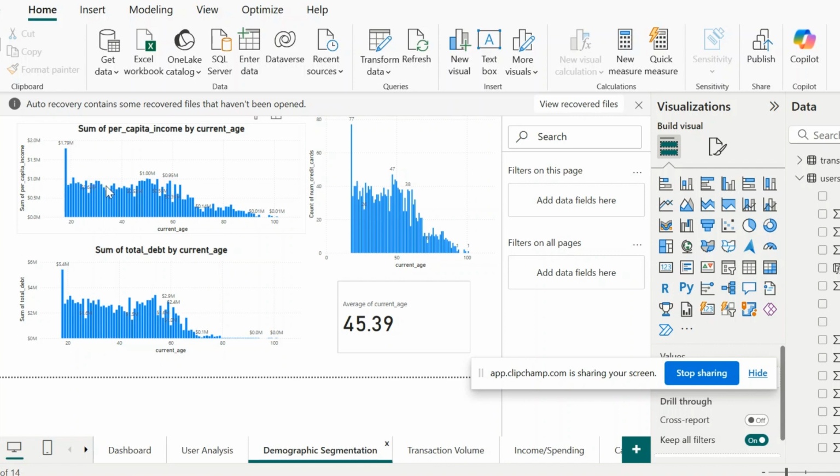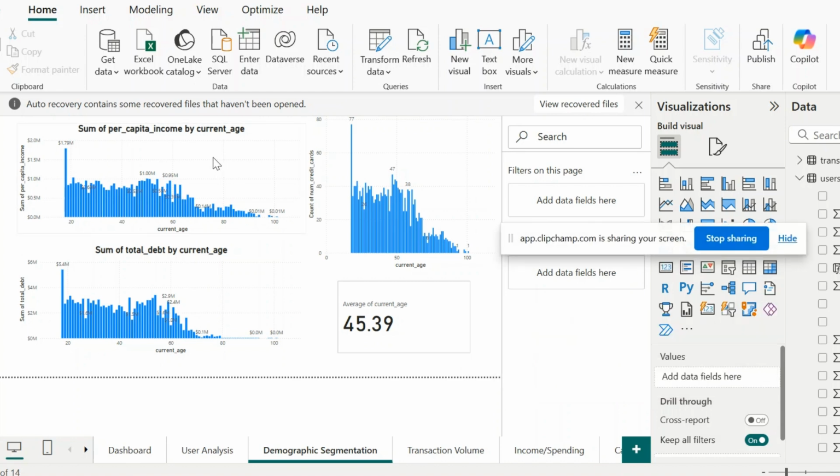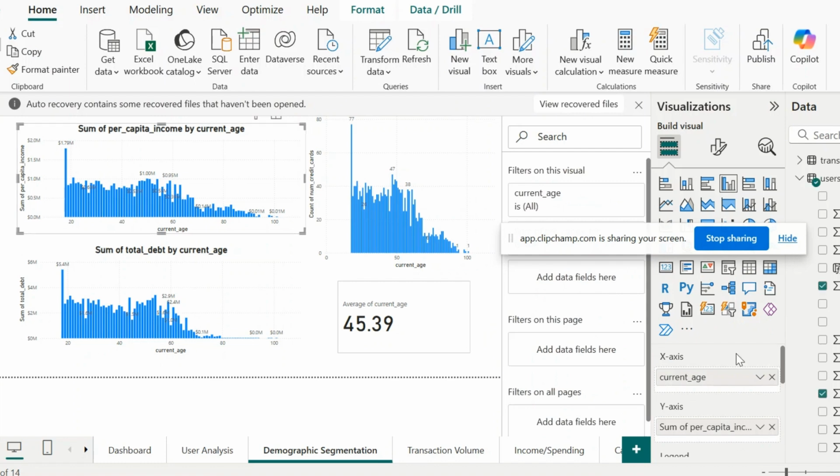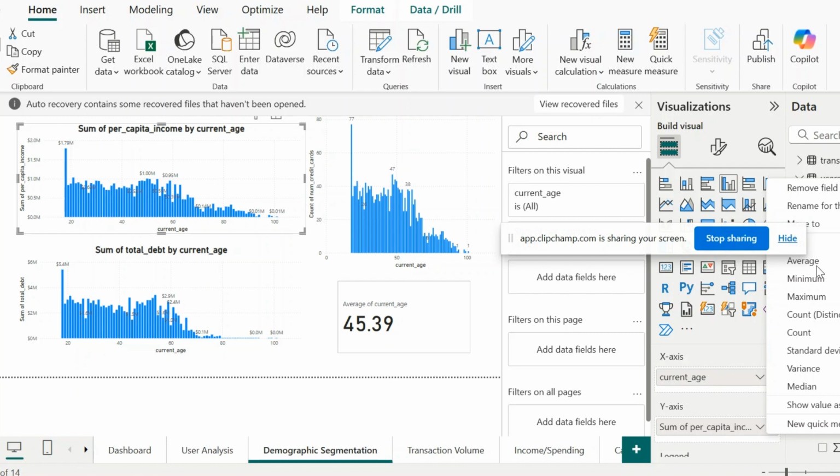Majority of people have per capita income in this range, under 1 million, but very few people have 1.79 million per capita income. Most of the people lie in the age of 20 to 40, and the per capita income is $1 million. If we're talking about the sum of per capita income, we can change it to average if we want to. If we select it, I want to check the average per capita income